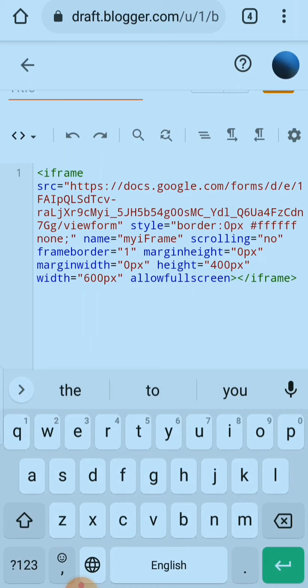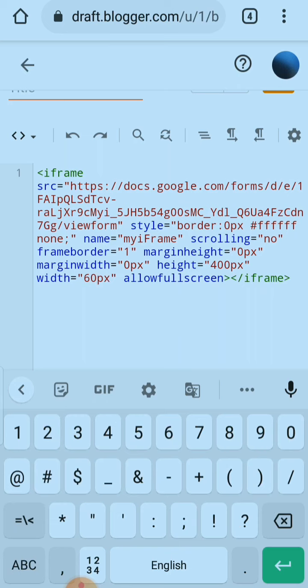Okay, so now the width is 640 and the height is 820.